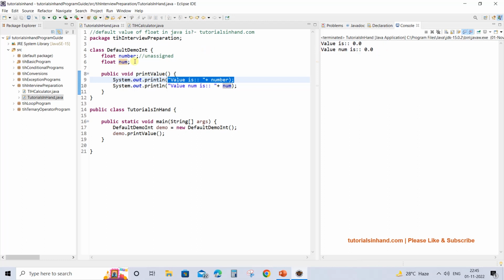So it does not matter how many variables you create for float type, if you do not assign it any value, it will be assigned a default value 0.0. So next time, if you see that you are getting 0.0 for any float variable and you expected a different value, then you should become aware at that instant that you have either forgotten to assign it the correct value, and that is why it is showing you the default value.